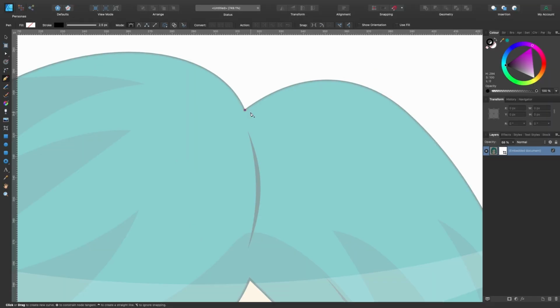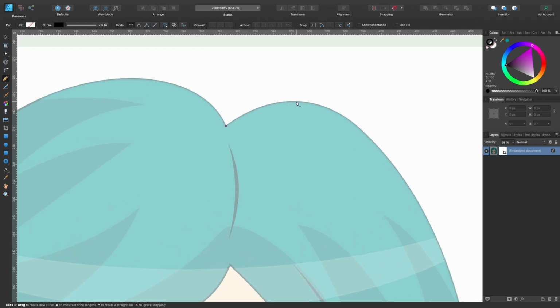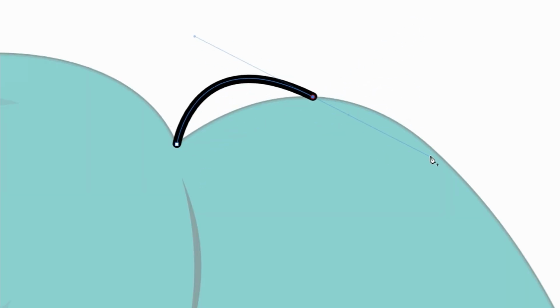So I've clicked once, that has created a square. That's called a sharp node, and that's what you would usually use in a sharp corner like that. So I will click on my next point. I'm going to choose somewhere like this, click and drag out to the right. So you see now we've got this kind of squiggly line. Our stroke is moving all over the place.